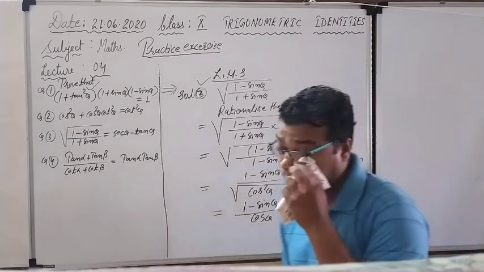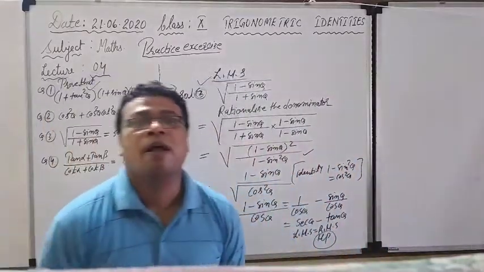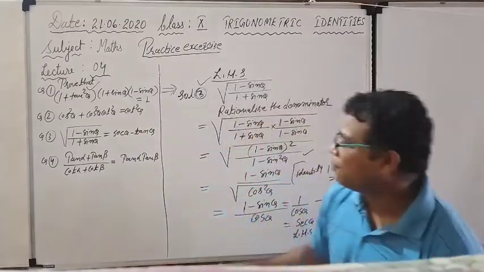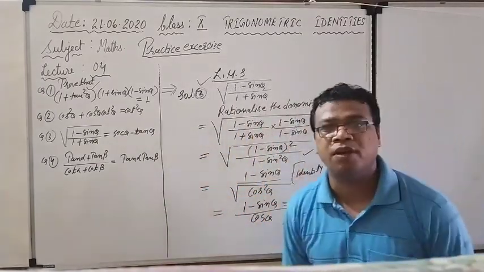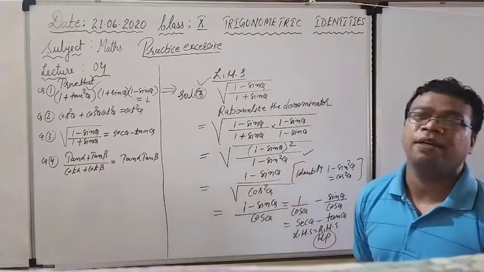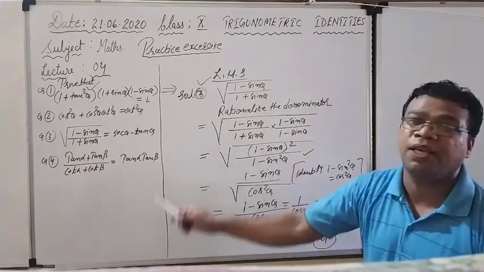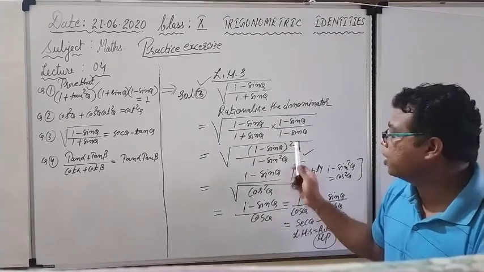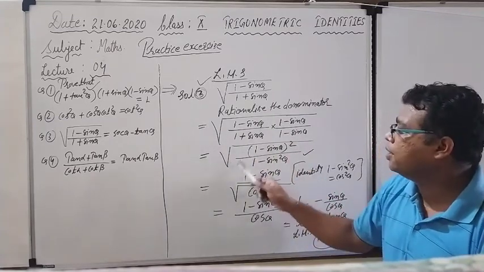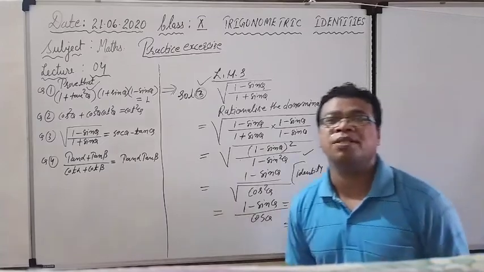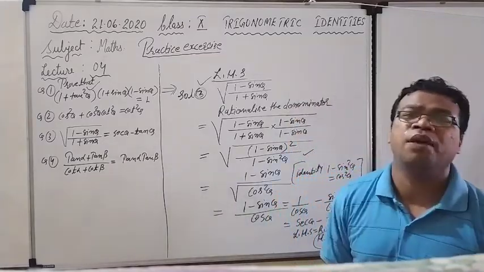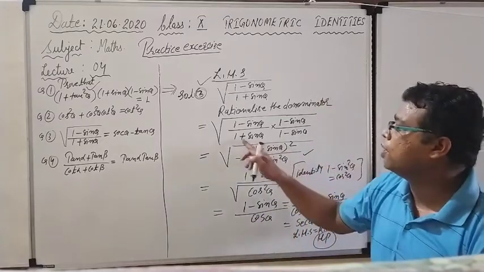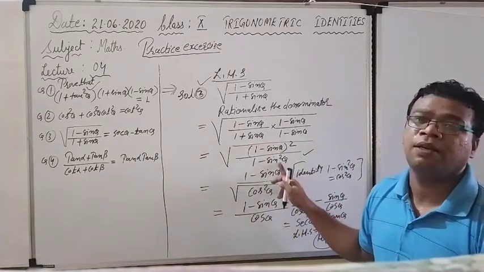Right now see what we have done. Whatever kind of square root function is given to you, first you have to rationalize the denominator, which we have done. After rationalizing the denominator, first the numerator terms make a pair, so they come out of the square root. And in the denominator one formula always comes into focus: a plus b, a minus b, so a square minus b square. And here, according to the 1, it could be written as 1 minus sin square theta.